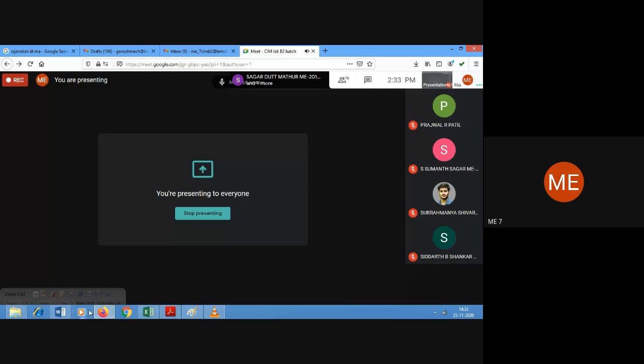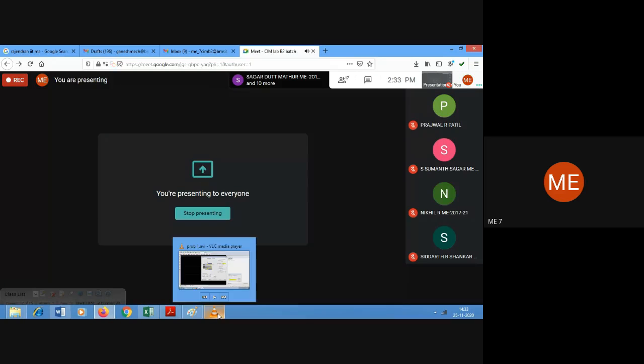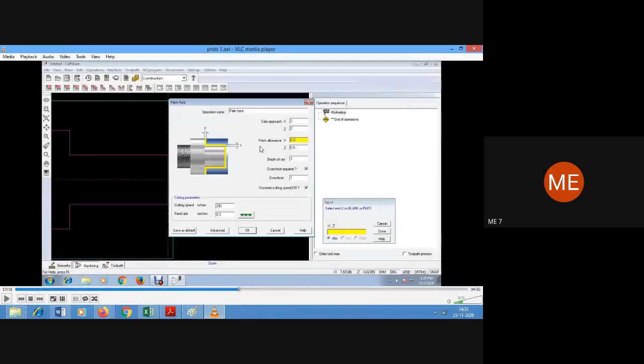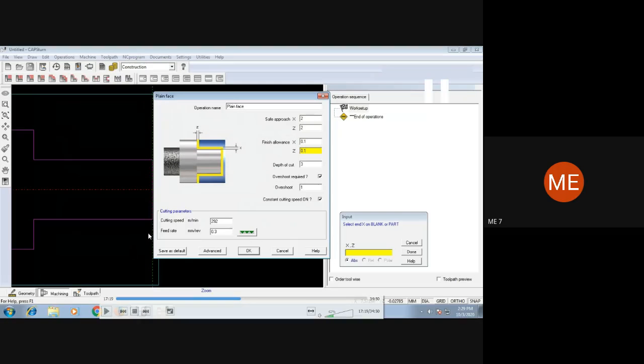We'll continue. So yes, plane face. Now to do the facing operation, there are two options: one is contour face, another is plane face, and so on. And similarly, it's the same with respect to turning also. So here you can see the plane facing operation. Once you give plane face,